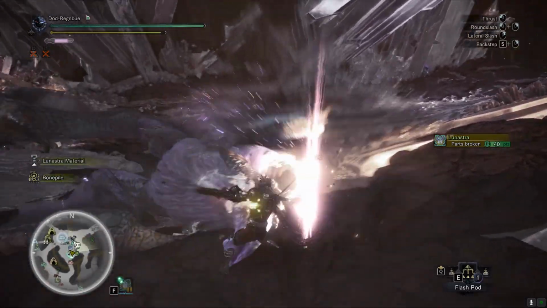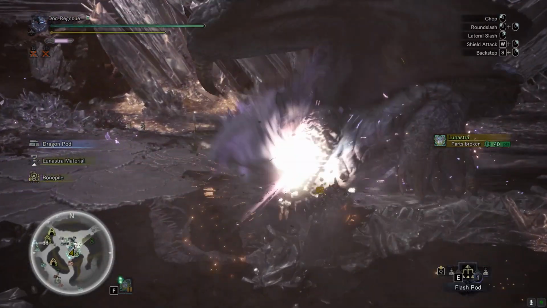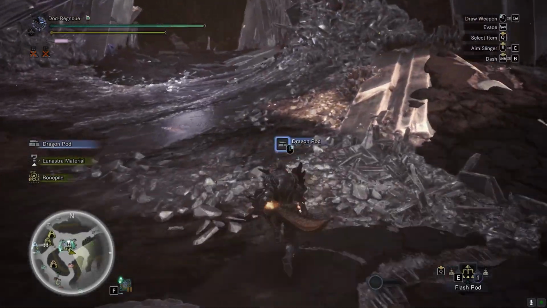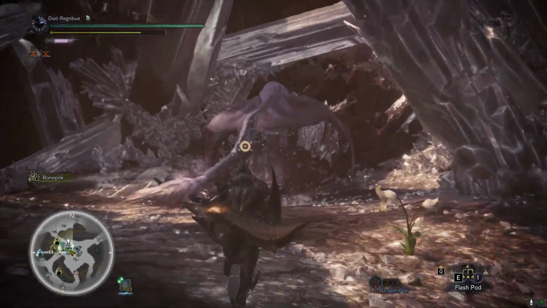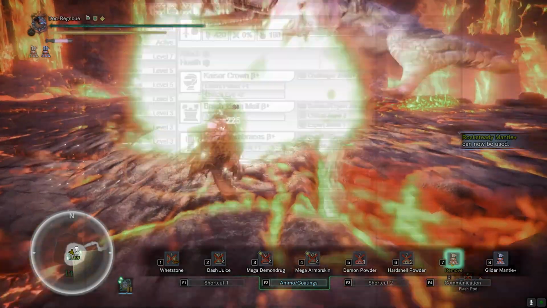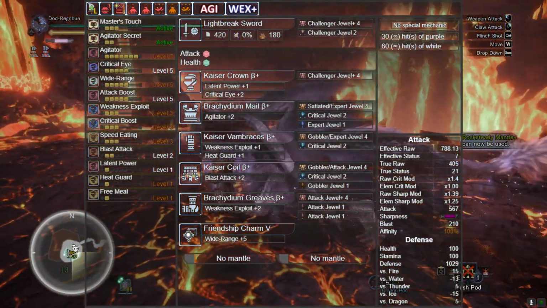I was really wanting to get a video of me spanking Tempered Ruin Nergigante with that build and being like, yay, look what I can do, but I suck too hard, so maybe one of you guys can beat me to it. Last but not least, we're running Light Break Sword with Challenger 4, Challenger, Attack and Health Augment,